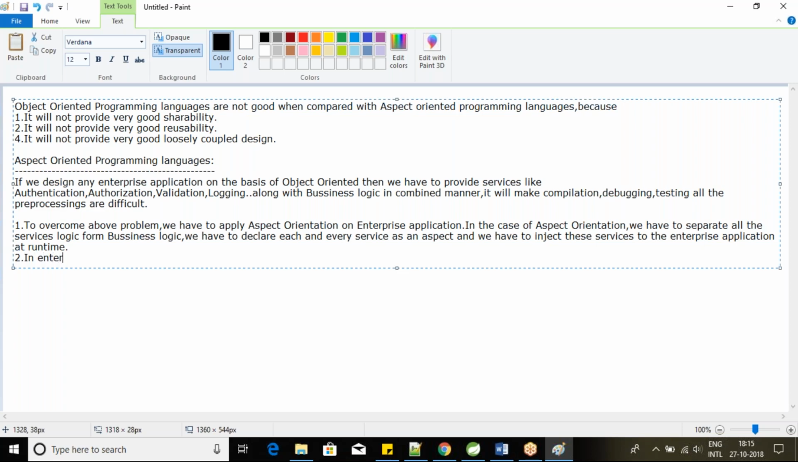So in enterprise application development, aspect orientation will provide loosely coupled design, more shareability and more reusability. Okay,